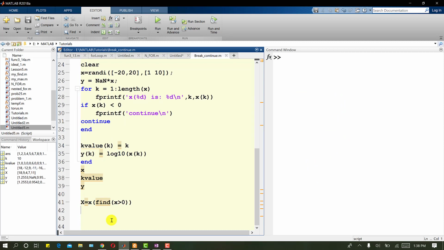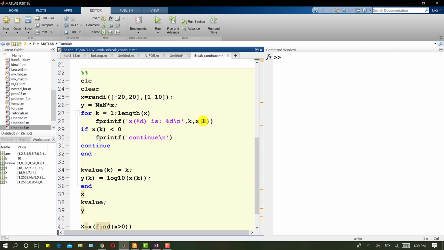Now if you want to extract all those values for which the log to the base 10 has been taken, I will write this statement. I will only replace this x by capital Y, so I will store those values of y for which the log has been evaluated. So let me suppress this, and let me suppress all these. I do not want to display these now, I only want to display the result, right? So we will comment this. Now we cannot suppress this, so we will comment this. We will also comment this.